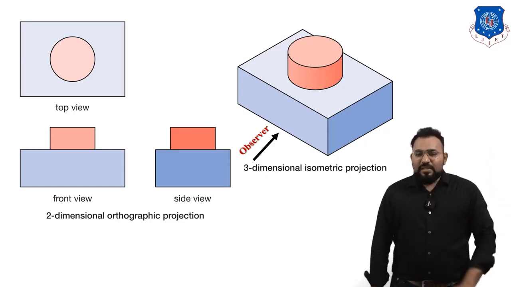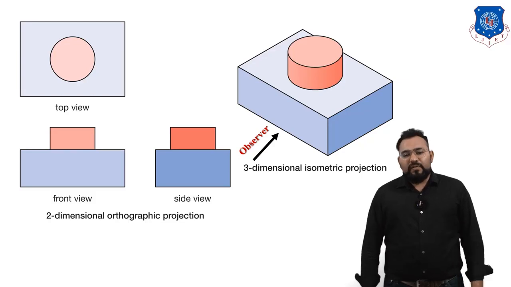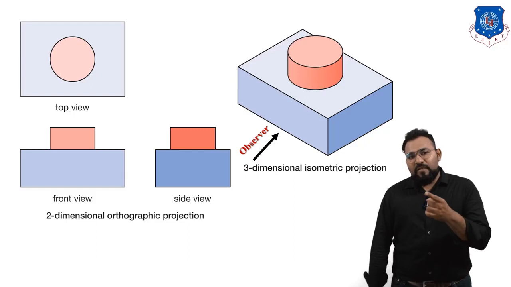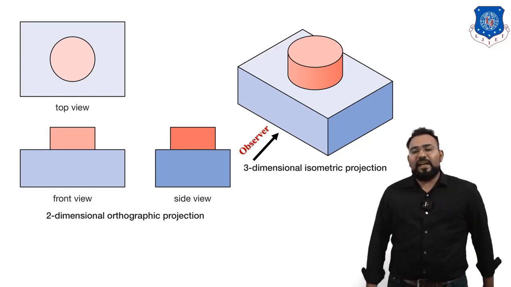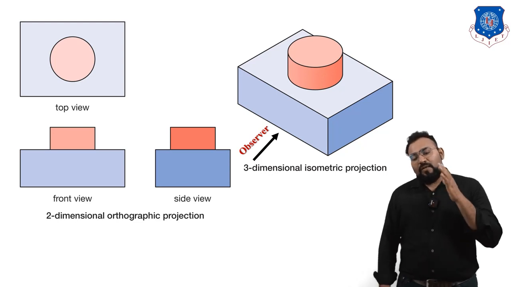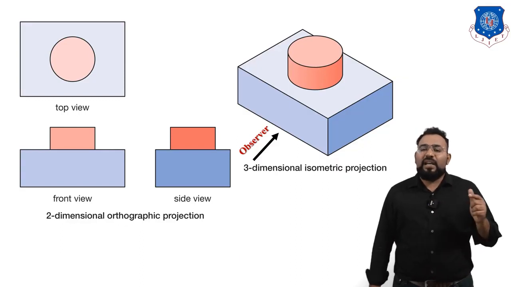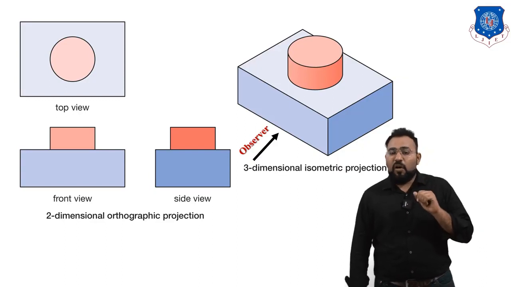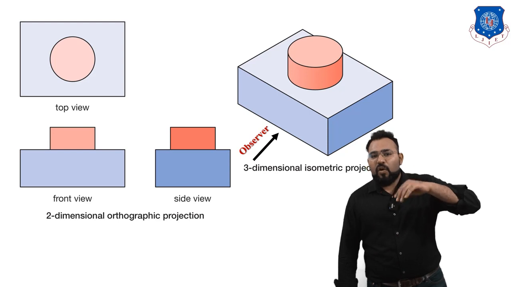Now as you can see on your screen, there is one 3D object over here and there is an observer direction, which is mentioned on the screen. So see the observer direction. They will give you an arrow like this, so that the observer is standing there, and from there you have to derive the front view, top view and side view. So always remember, in an example they will give you the direction of the observer, with an arrow type symbol. You have to understand that your observer is standing there and you have to take all the views from there.